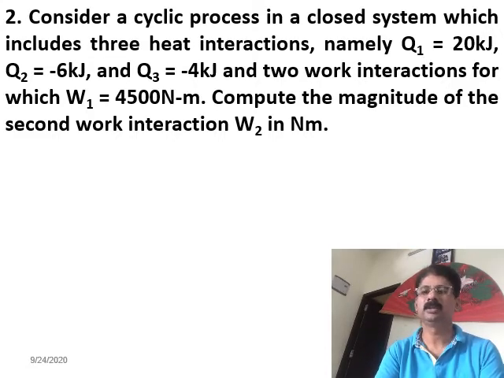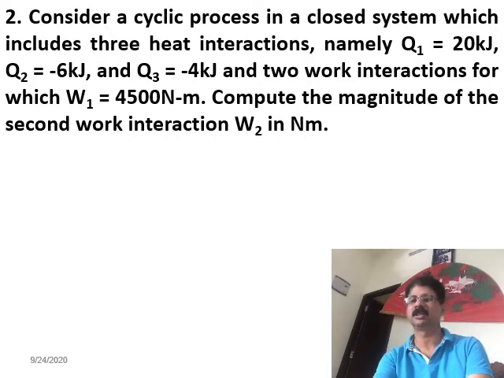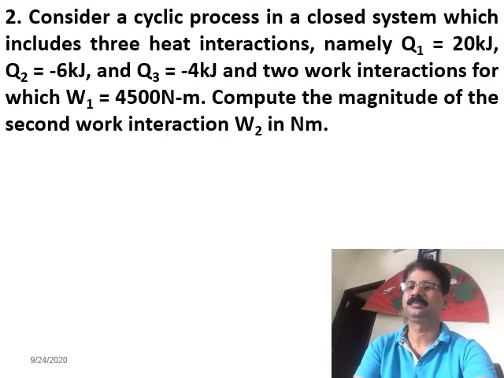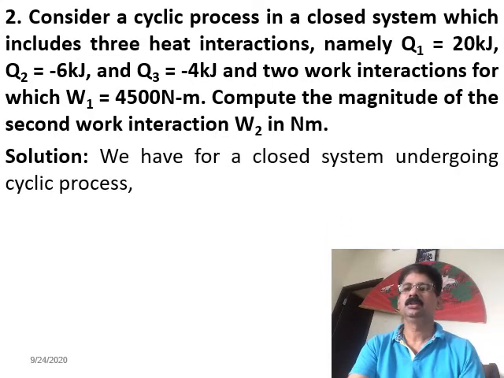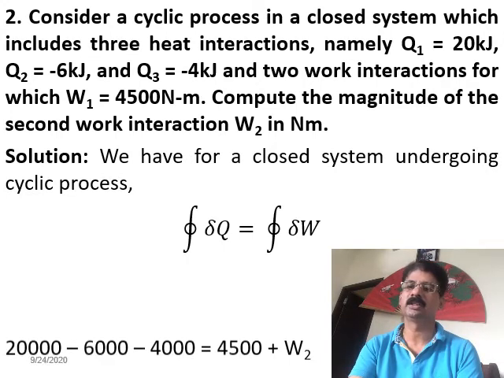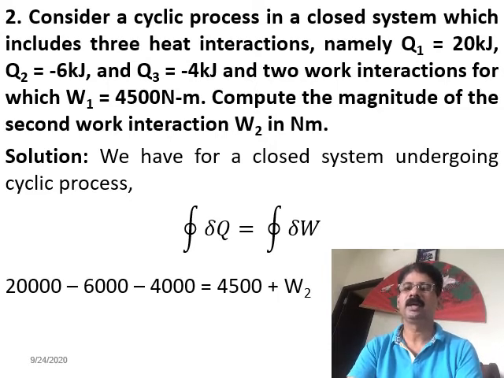You are given 3 heat interactions here, named Q1, Q2 and Q3, and two work interactions, W1 and W2, and you have to find out W2. So once again you have to use the first law equation for the cyclic process, that is, cyclic integral of dq is equal to cyclic integral of dw. So for a closed system undergoing a cyclic process, you have cyclic integral of del q equal to cyclic integral of del w. So if you add the 3 heat interactions, now here